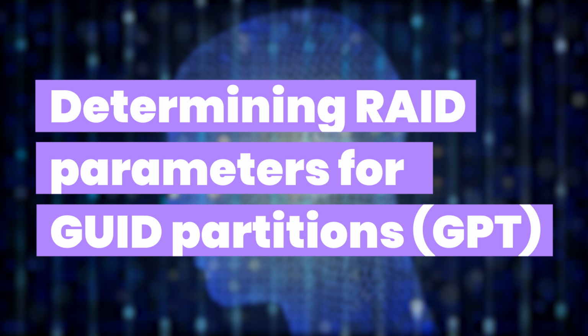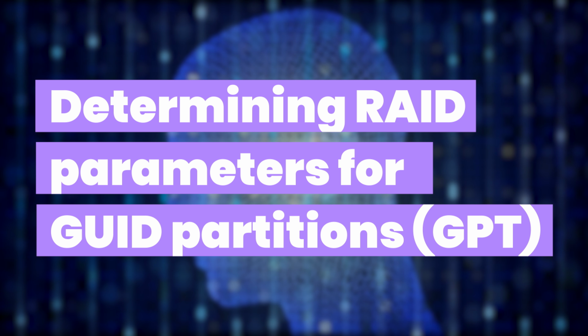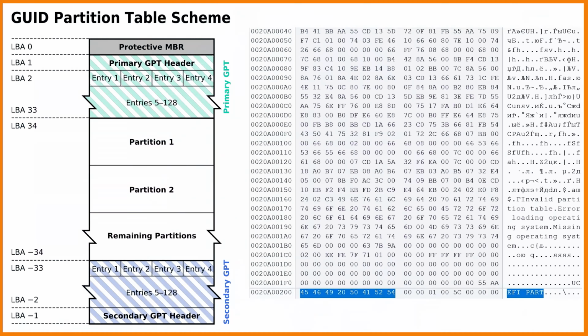Determining RAID parameters for GUID partitions, or GPT. Modern operating systems such as Windows and Mac OS use the GUID partition table scheme, or GPT, by default. This scheme has standard signatures that make it easy to determine the beginning of partitions. On the array we are examining, an NTFS partition was created in a GUID system. In this case, a standard set of bytes is written to the disk. The beginning of a GPT partition is determined by the byte sequence